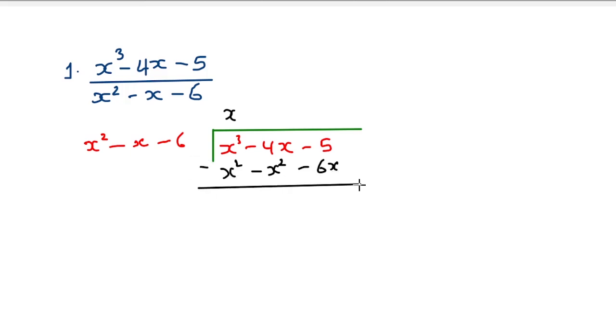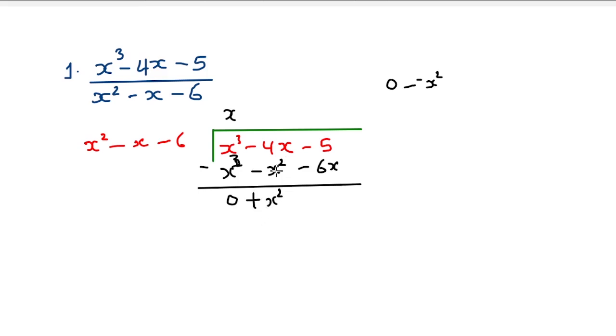What do we get when we subtract? This is x cubed minus, sorry, this was a cubed, because we multiplied x times x squared, we get x cubed. So we have x cubed minus x cubed, it is a 0. We don't have any power of x squared up here, so it's like 0 minus 0. It's like 0 minus this, minus the negative, this negative x squared, and this gives us plus x